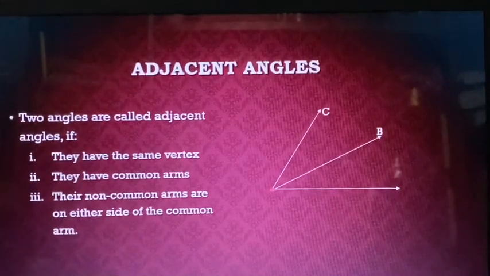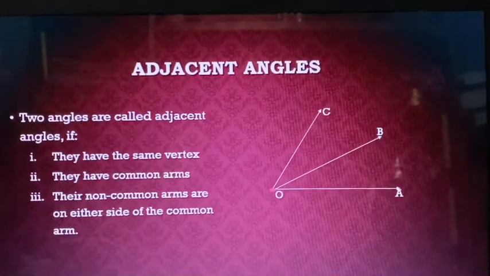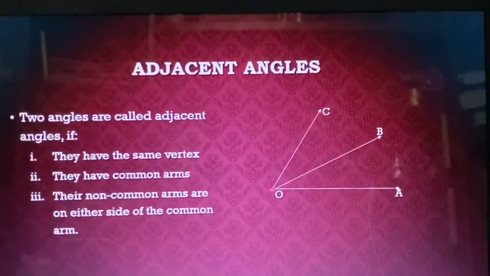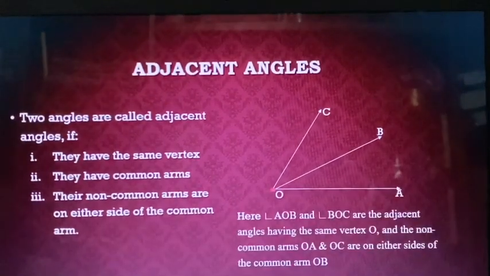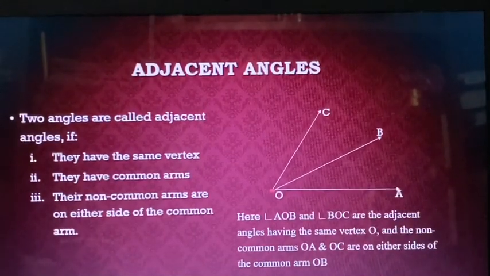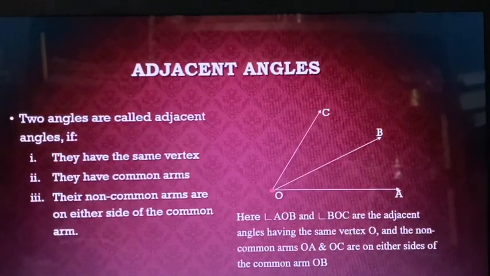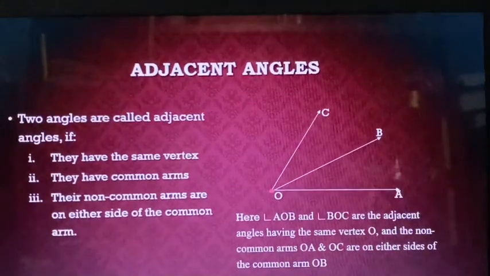So looking at the figure, angle AOB and angle BOC are 2 adjacent angles because they have the same vertex O and they have a common arm OB. Their non-common arms OA and OC are on either side of the common arm OB. So this definition you've already learnt in your lower classes. Now we'll move on to